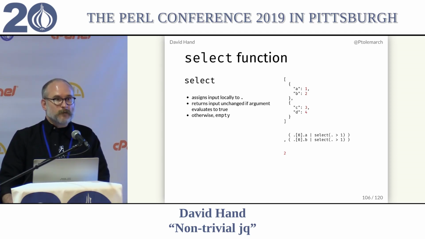What dot means is the thing passed in on the left. So what it does then is evaluate the thing in the parentheses for truthiness. If what it gets is true, then it returns the thing that was passed in through the pipe, completely unchanged. If it is false, it